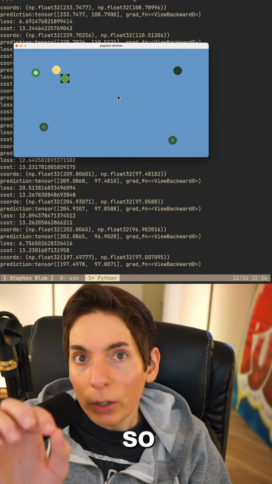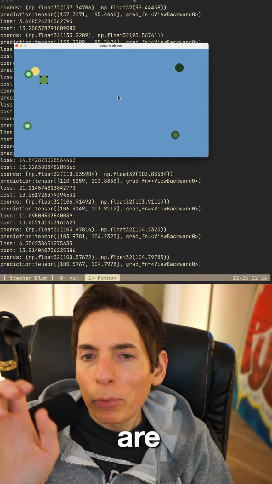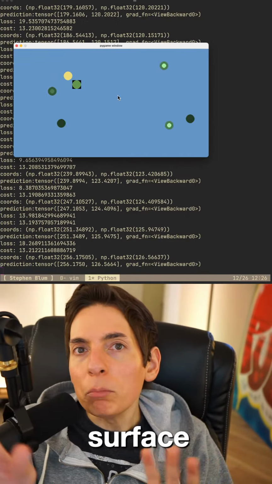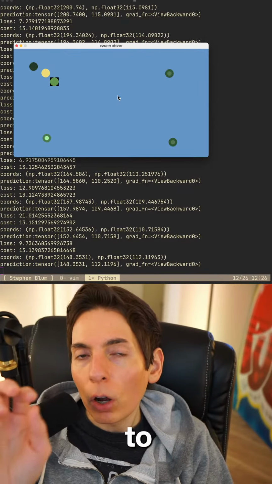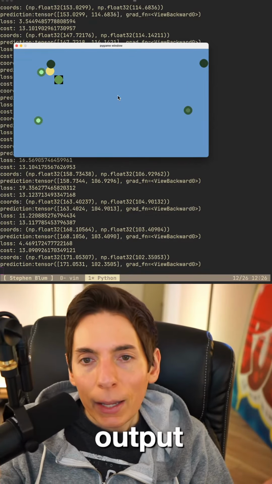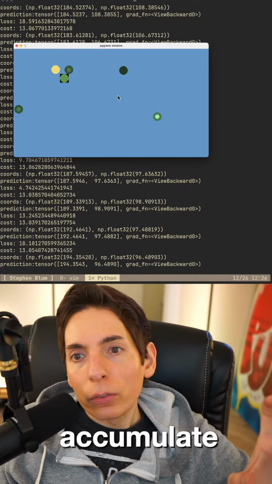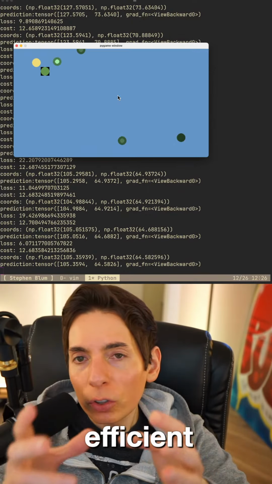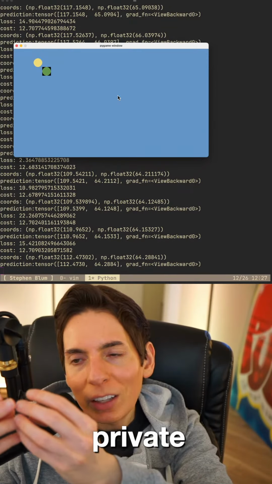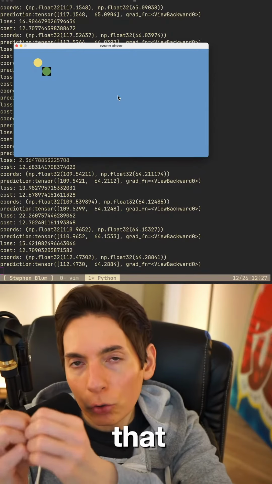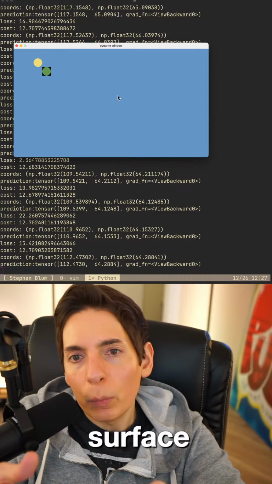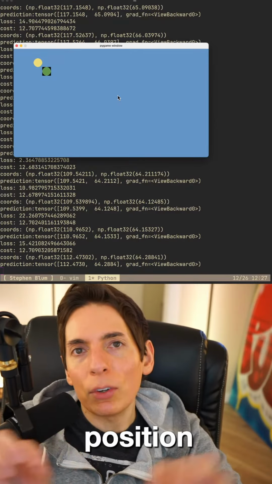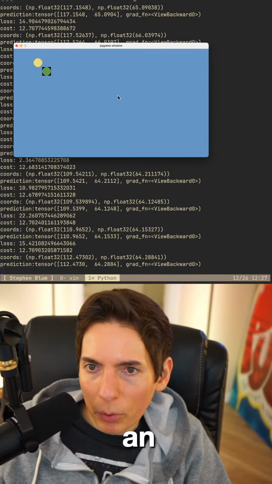Kyle, yes. Okay, so Kyle, good question. The original idea is we render onto one surface for every previous position. And so we only have to render onto that surface once per output. And then we can accumulate a heat map onto that one surface, which is very efficient because you're going to have a separate private invisible surface. And then you take that entire surface and blit it onto the main canvas. So that way it doesn't have to re-render every circle, every position, every single time. And so it's very fast. It's an efficient approach to game development.